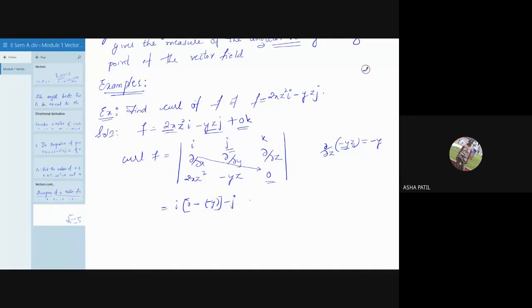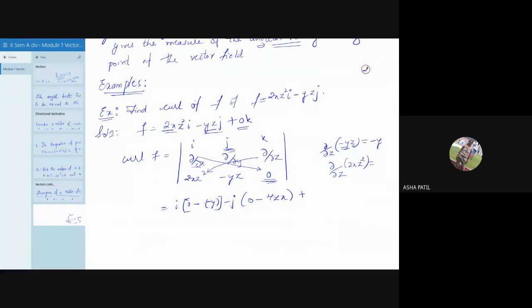Okay, where was I? j as it is. No, sorry, j will take minus j. Then the derivative of 0 with respect to x here. Then minus, it will be giving us 0 minus this term. It is the derivative of 2xz square with respect to z. What's the derivative of 2xz square? 4zx. Okay, so 2x is kept constant. Derivative of z square will be 2z.